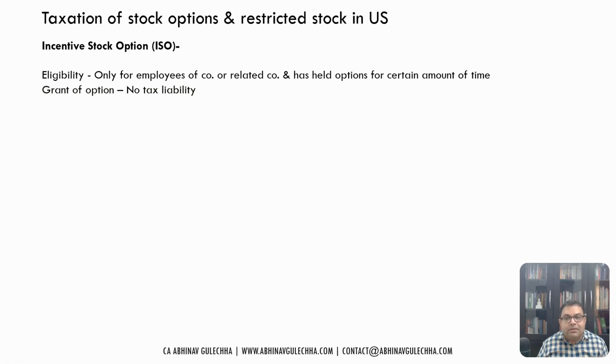Now, the incentive stock option or the ESPP, both fall into the statutory stock options. They get a certain tax advantage as compared to the non-statutory stock option, which becomes taxable at the grant stage itself. And there is no 83B election here. There is no taxation at the grant. There is an 83B election also that you can make to reduce your tax liability.